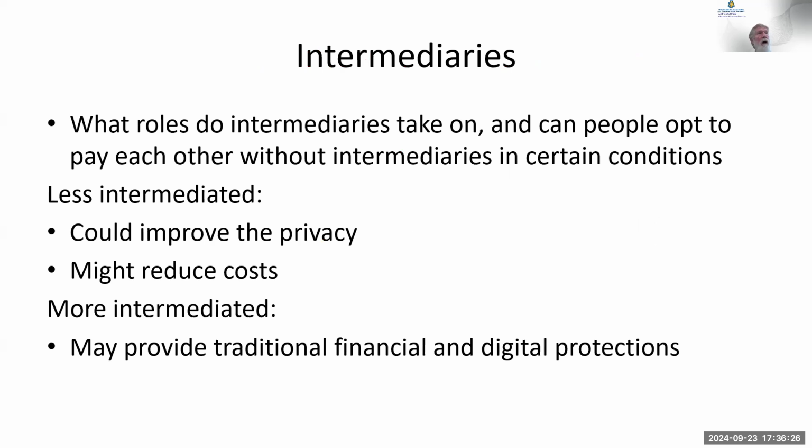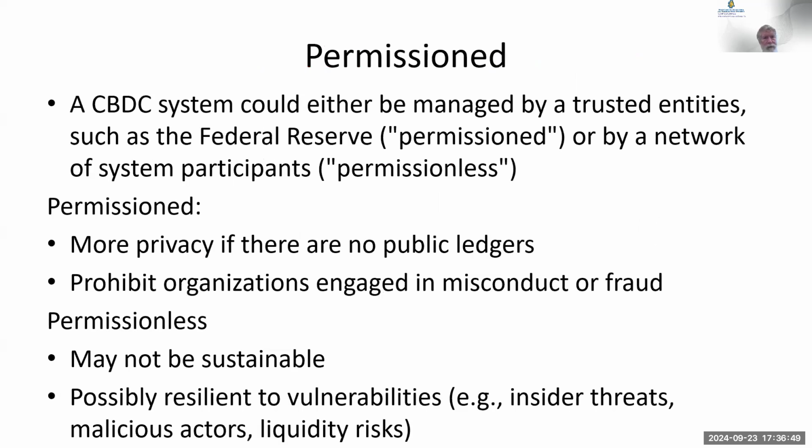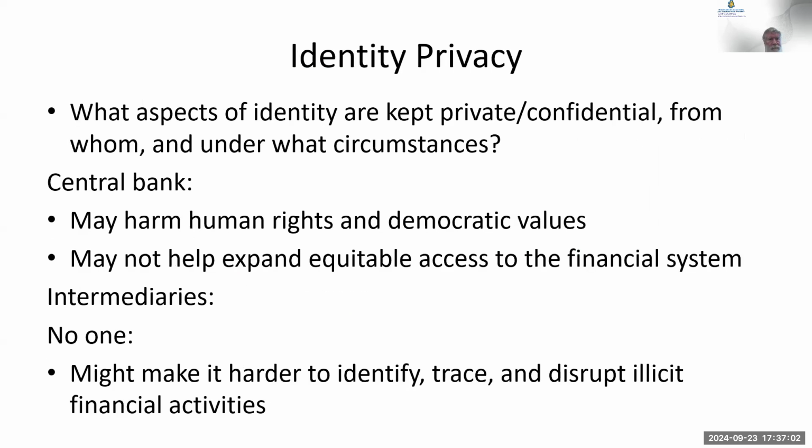Well, a couple of rules. Is an intermediate involved? An intermediate might charge things and it would improve privacy, but it might be easier if you had some intermediate means. There are companies that do this, like the credit card companies, which would move from using dollars to a US central bank digital currency. Permissions. If there was a public ledger, there'd be less privacy; permissionless could be more sustainable. You're going to try to keep something like a Bitcoin blockchain.